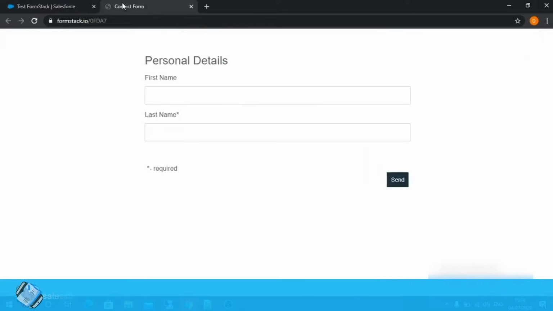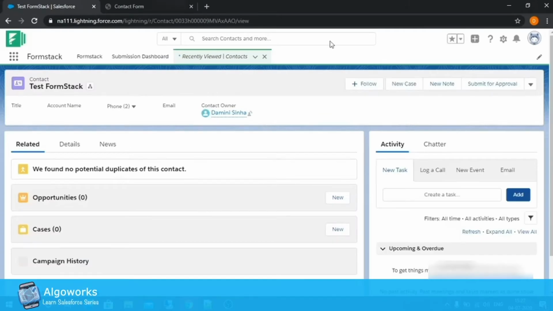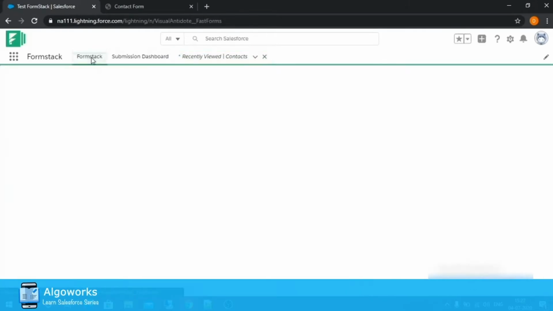Now what I want to tell you here is, why do we need JavaScript? Right now we are seeing the standard functionality that FormStack provides. Now if we have some additional requirement, like we want to preview the form before submission, or we want to do something before save, or we want to do something before the page is rendered or after the page is rendered, in those conditions what should we do? All these questions are answered by the JavaScript feature of the FormStack app. Now let us see how.